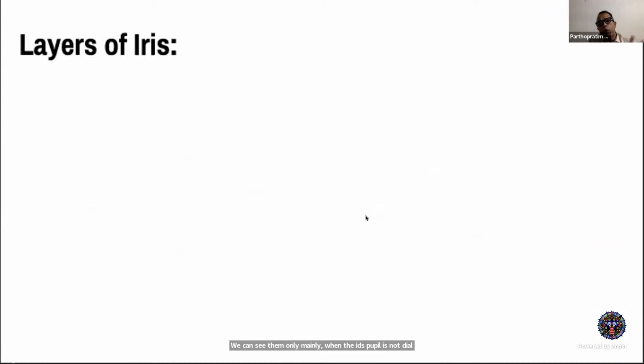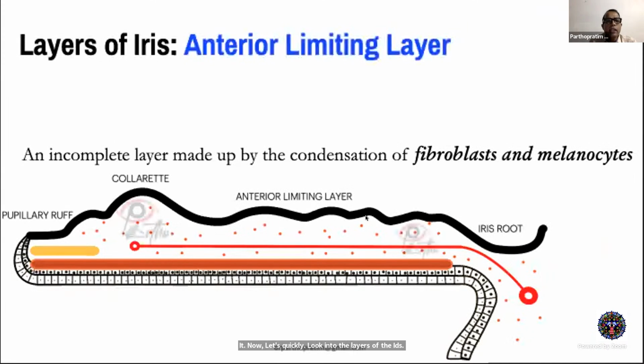Now let's quickly look into the layers of the iris. Then again, we'll come back to the iris topography. So iris has several layers. The first layer is the anterior limiting layer. Now this anterior limiting layer is not an epithelium, but it's an incomplete layer made by the condensation of the